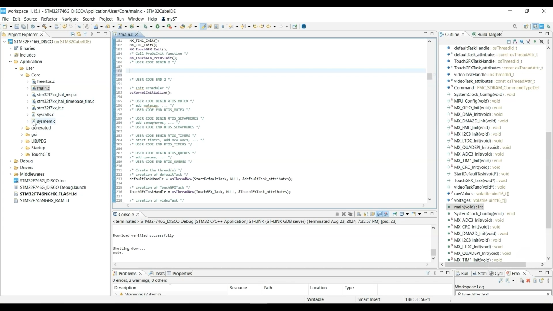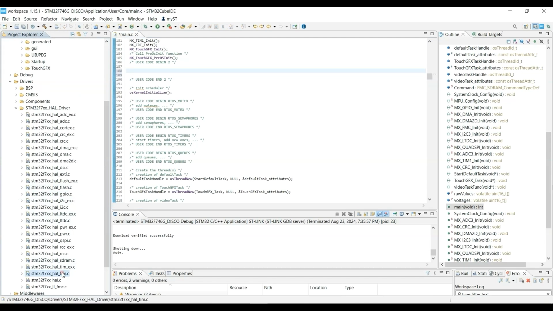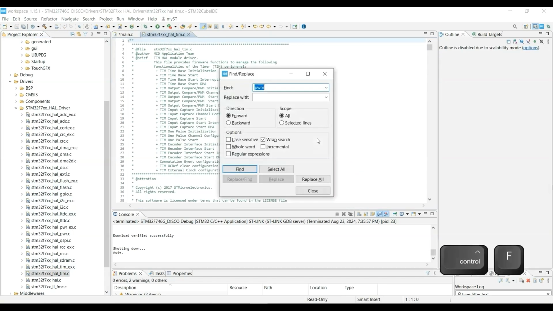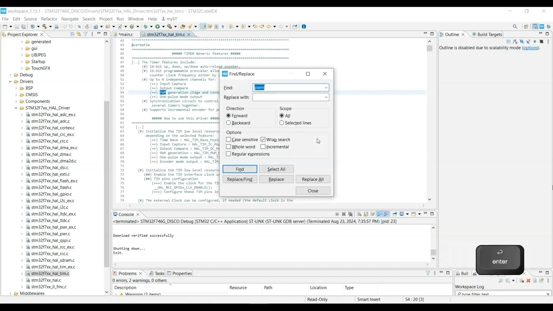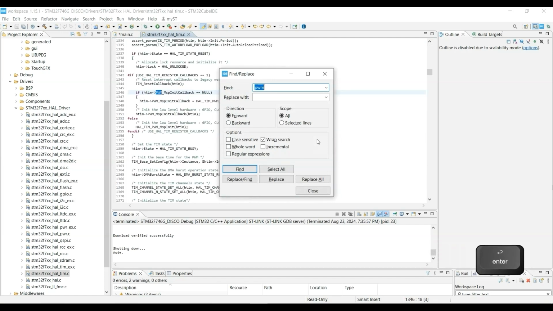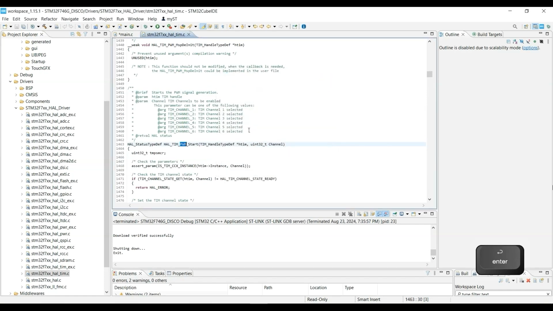In order to do that, go to Drivers, HAL driver, and find tim.c file. No. I'm going to use the function HAL_TIM_PWM_Start. Search PWM. To do that, press Ctrl F, and in the string finder write PWM and press enter until you reach HAL_TIM_PWM_Start. Here it is. By using this function, you start the PWM of the timer that you configured in the CubeMX file. So copy this function